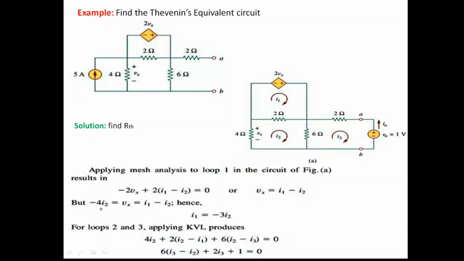Right, but -4I2 is equal to Vx. Why? You look at that. What is Vx here? Vx with polarity plus and minus is given by 4 into the current through this one. Current through this one is I2 కదా, I2 ఇలా ఫ్లో అవుతుంది. I2 ఇలా ఫ్లో అవుతుంది కాబట్టి యాక్చువల్గా పొలారిటీ కింద ప్లస్ పైన మైనస్ రావాలి. కానీ మనకి Vx we have defined the polarity as